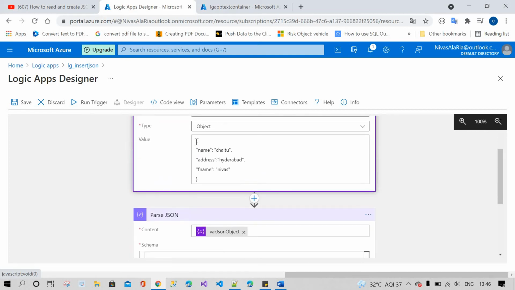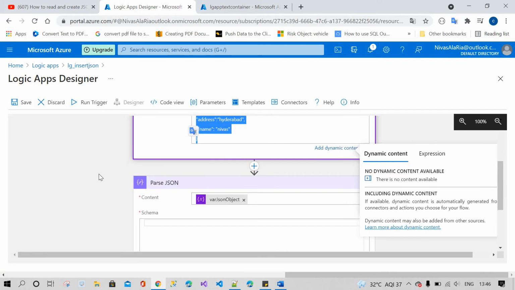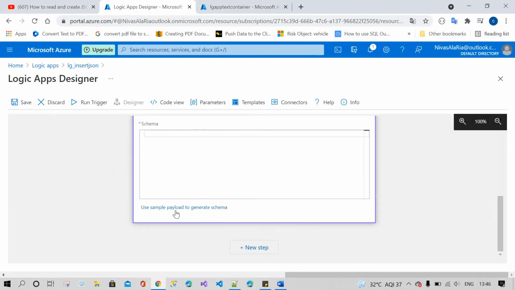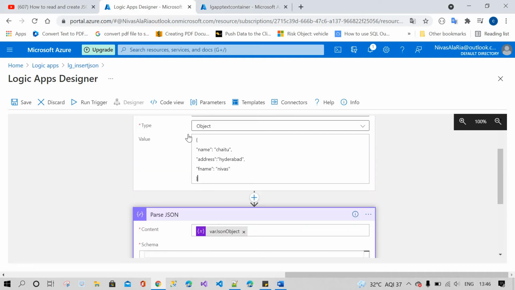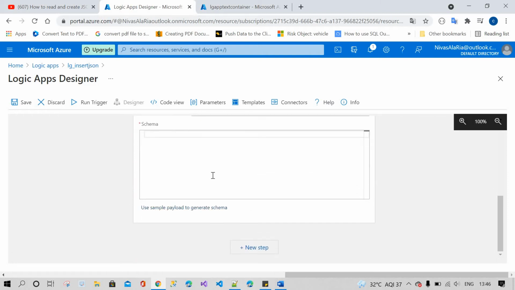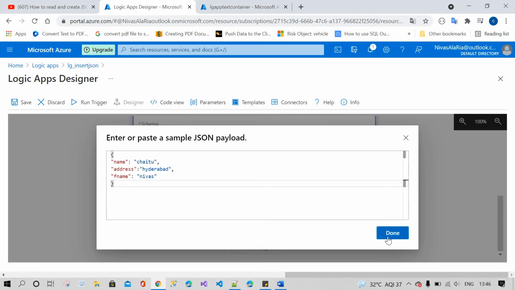Now you have to prepare the JSON schema. So how to prepare that? I will show you once again. You can see use sample payload to generate schema. What is our payload? This is our payload. Just click on this and copy paste over here.